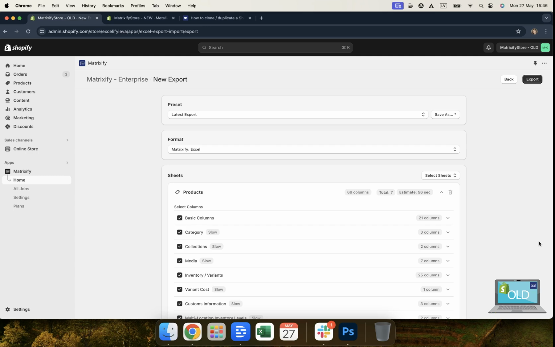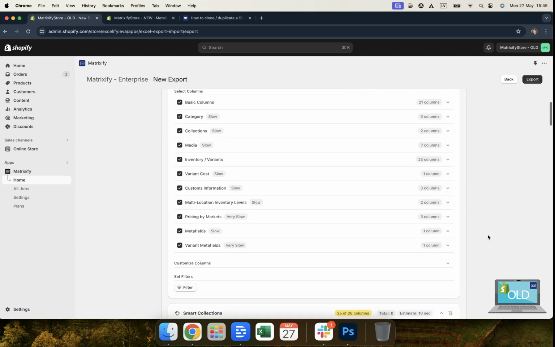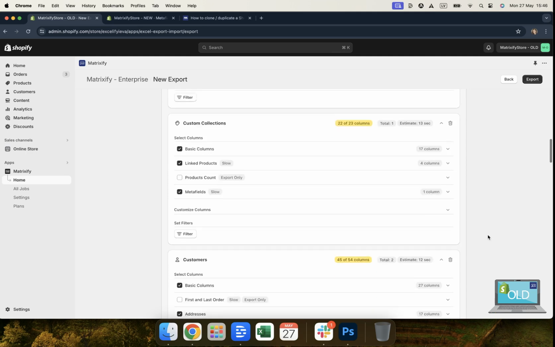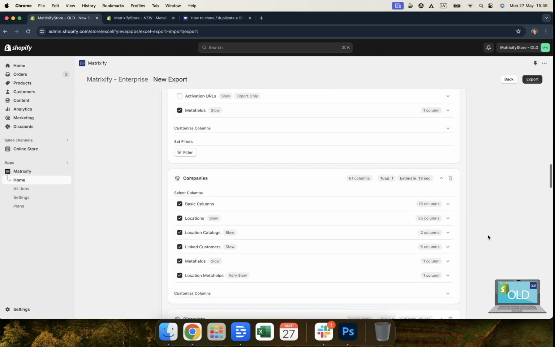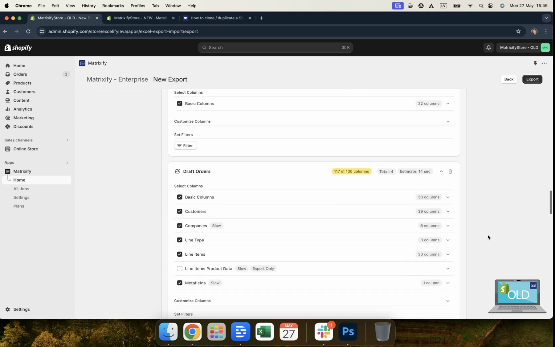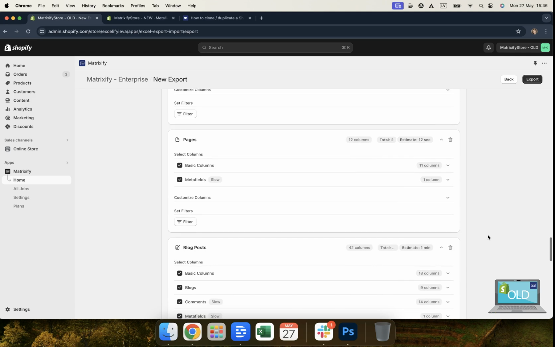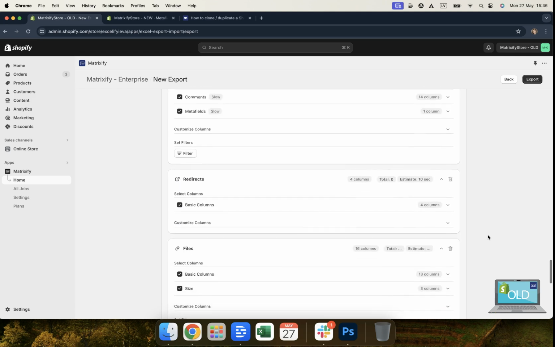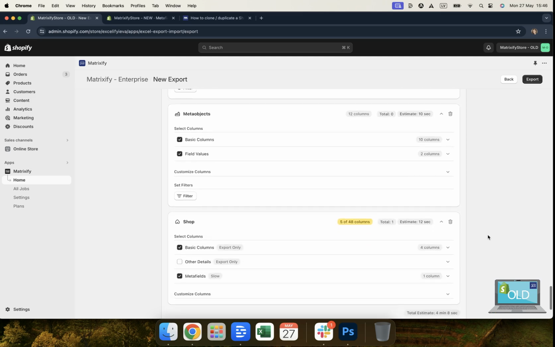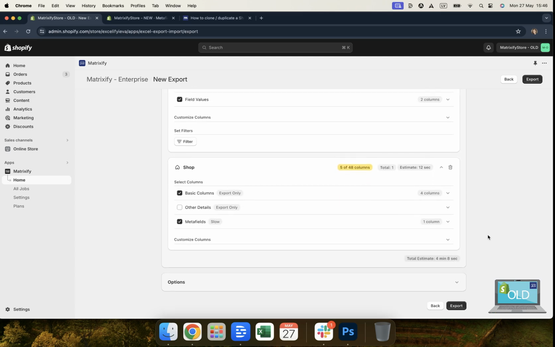So now, as you can see, everything has been selected. So if we scroll down and look through each column group for each entity, we can see that everything's been selected, apart from the export only columns, which, as mentioned, you don't need to export in this case. So just making sure, double checking that everything has been